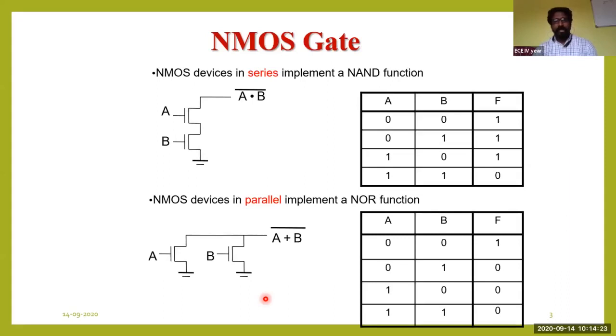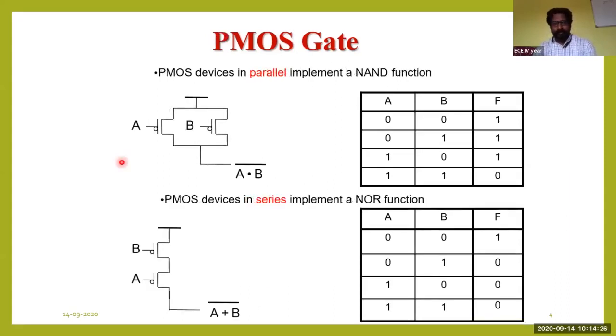And let us see now the PMOS gates. For the PMOS gate, for A dot B, we know that the PMOS should be connected in parallel. A similar kind of operation. Now here, both the PMOS will turn on only when the inputs are equal to 0. If both the inputs are equal to 0, then logic 1 will travel to this output. Since it's a NAND gate, ultimately you're going to get the output equal to 1. So this particular 1 will travel to here. If you want an AND gate, you are supposed to supply one inverter here so that this becomes A dot B. For the NAND gate, it is A dot B bar.